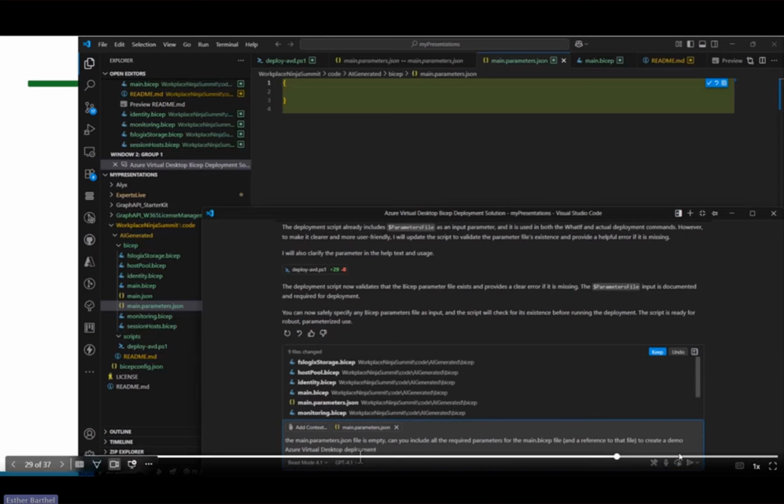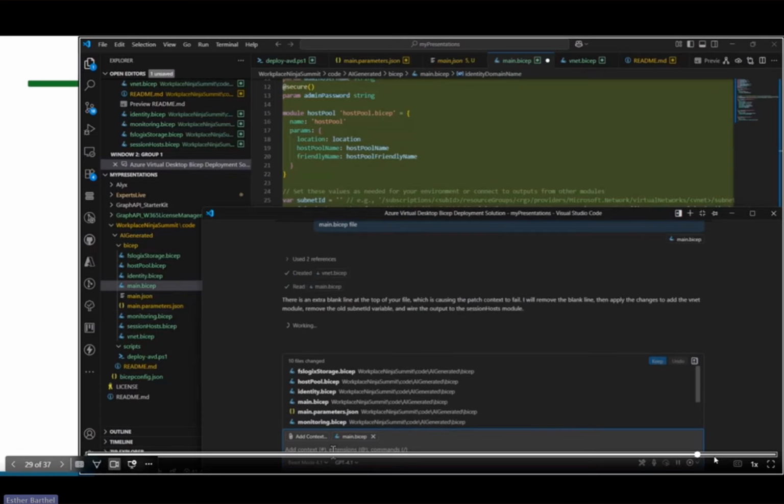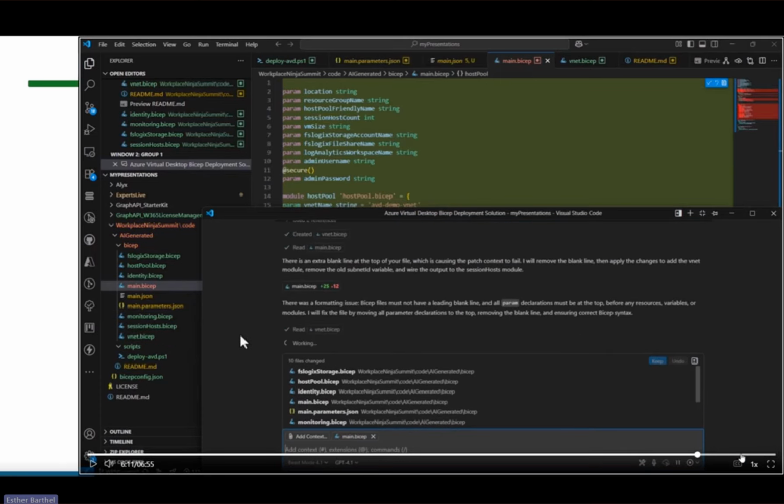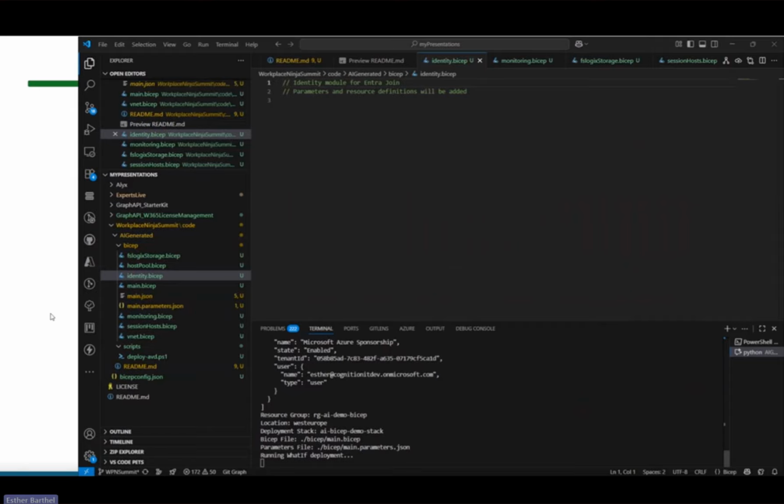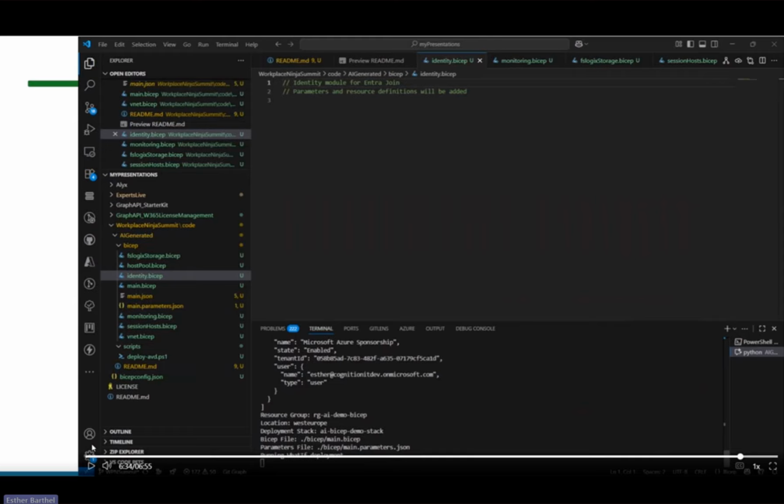So let me double check. Yeah, so I'll skip to the end because of course we want to have a successful story. What basically happened is that the parameter file included double parameters, so I had to fix that manually.